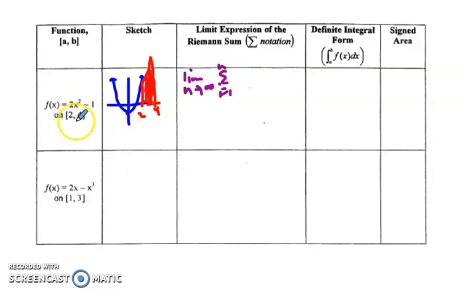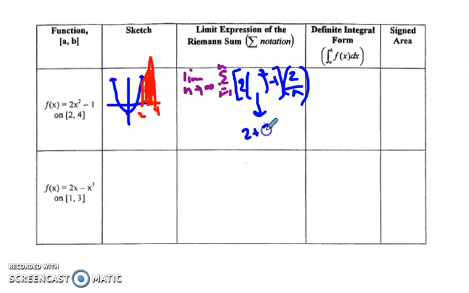The width of my interval is once again 2 because 4 minus 2 is 2. So my delta x is 2 over n. My function is 2x squared minus 1, so I'm going to have 2, my x value squared, minus 1. That's squared up there. The x value always starts at the left-hand side of my interval, which is 2, and then I add my delta x, 2 over n times i, so I get 2i over n. Then, when I write it in integral form, I'm integrating from 2 to 4, 2x squared minus 1 dx, and